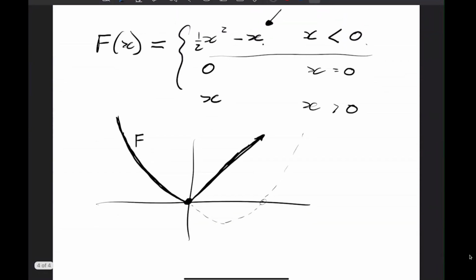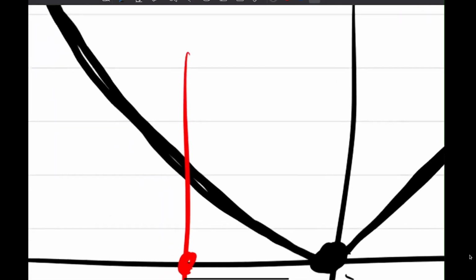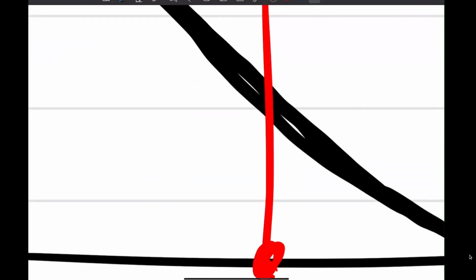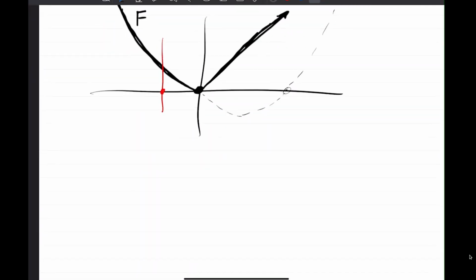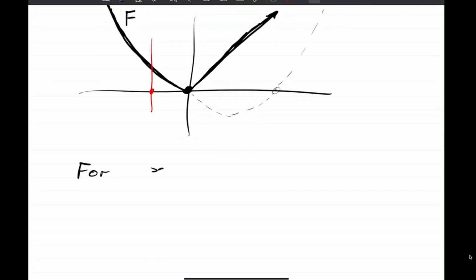And this allows us to write down all the points where f is actually differentiable. So if we take any point to the left, and we restrict our view just to this part of f, then everything looks like the quadratic, and the quadratic is nicely differentiable. So for x less than 0, f is differentiable at x,